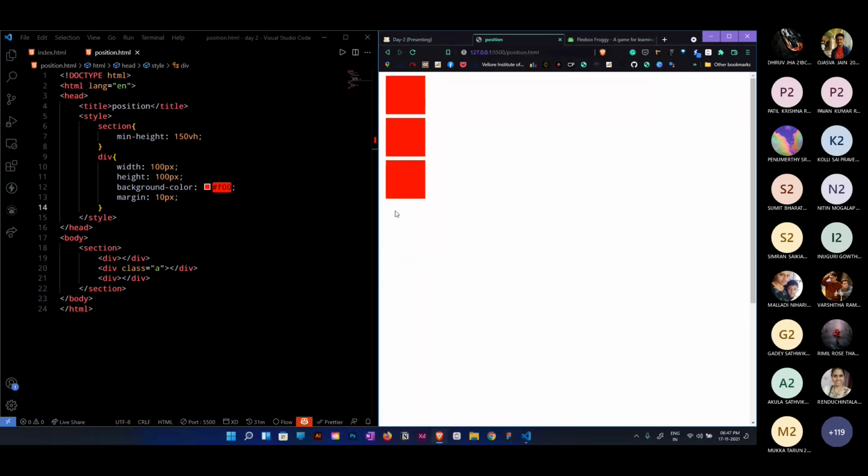If you can see, there are three boxes over here, and the default position value of all these three boxes is static. You cannot change those values. Let me show you.